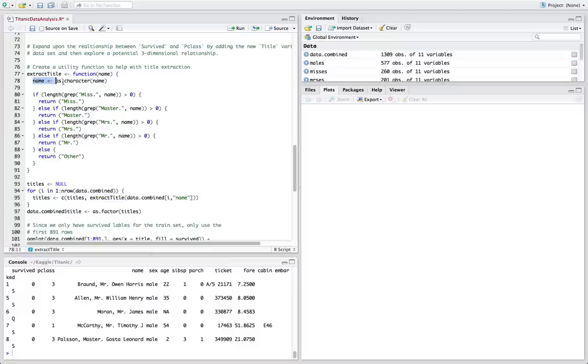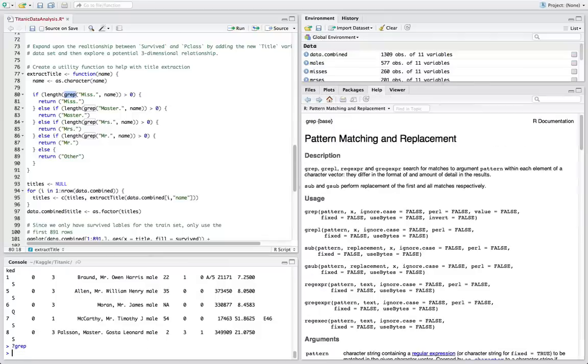The first thing I'm going to do is convert the name to a character, because as we've seen previously, these are treated as factors by R currently, so we'll turn it from a factor into a character string. Then we'll use the grep function. Those of you who are programmers or familiar with Linux or Unix already know what grep is. Grep is a pattern matching function.